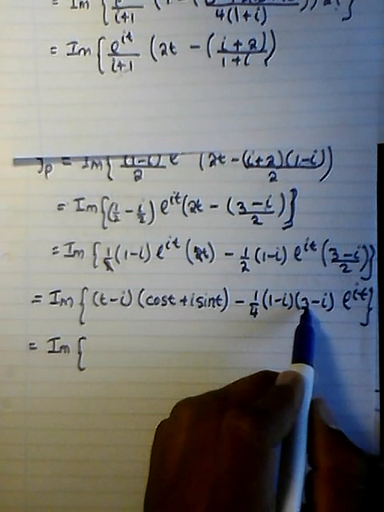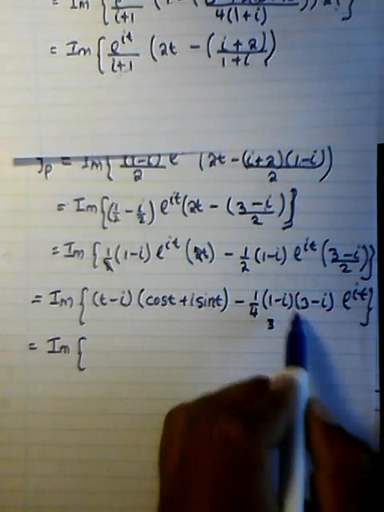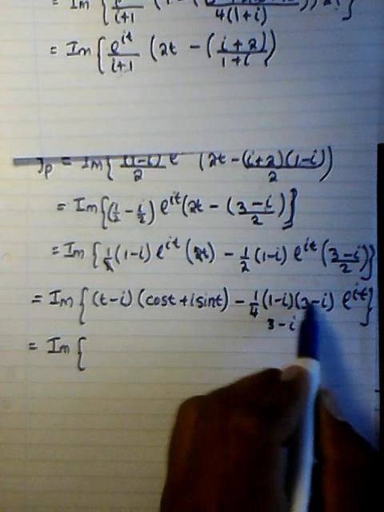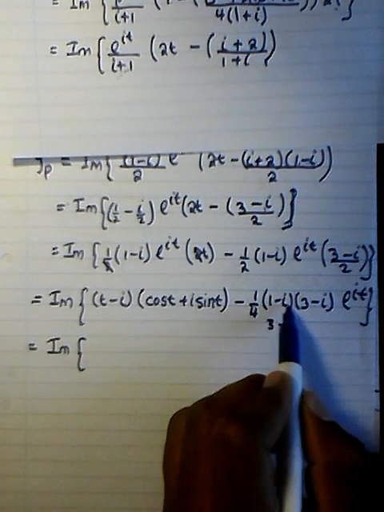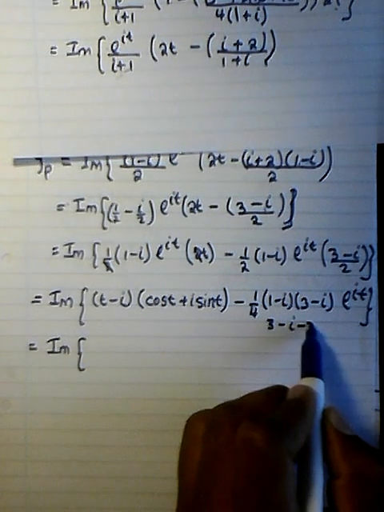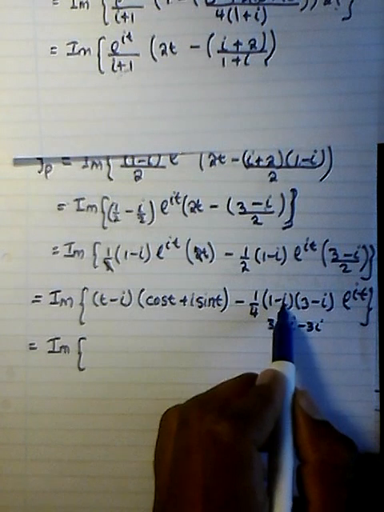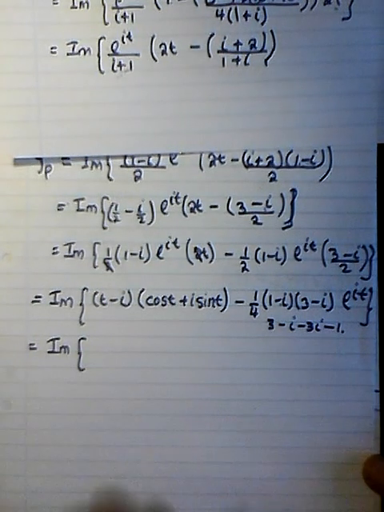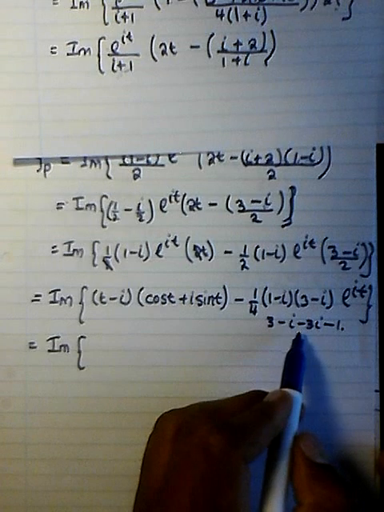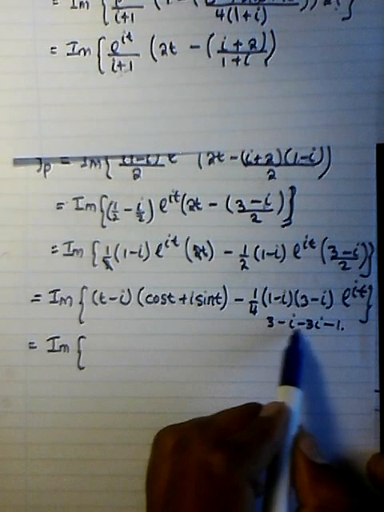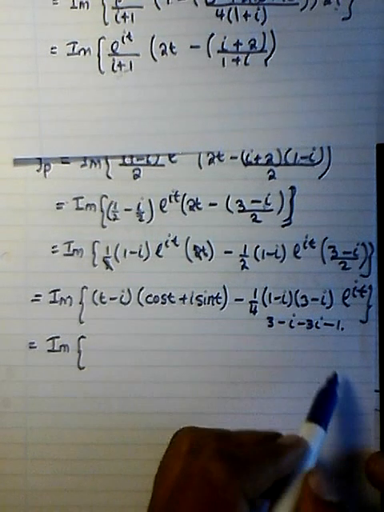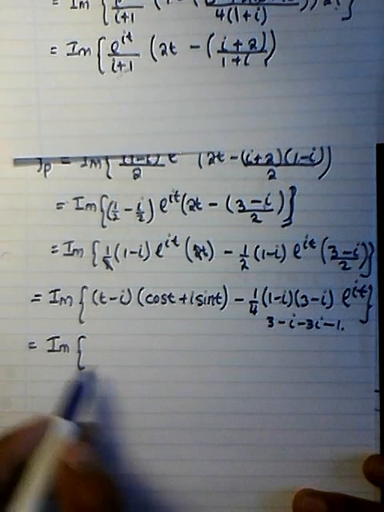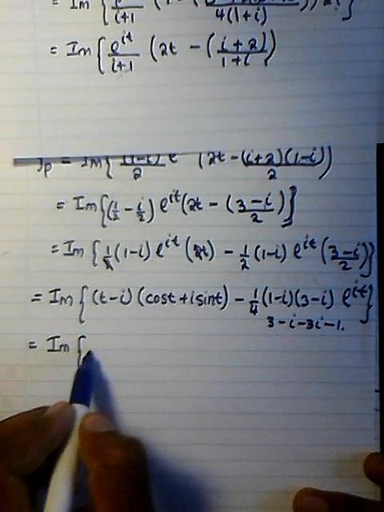So 1 multiplied by 3, we're going to get 3, and then 1 multiplied by minus i, we're going to get minus i. Minus i multiplied by 3, we're going to get minus 3i, and then minus i multiplied by minus i, we're going to get minus 1. Okay, so we have something like minus 4i minus 2, plus 2. Okay, so this can be written as